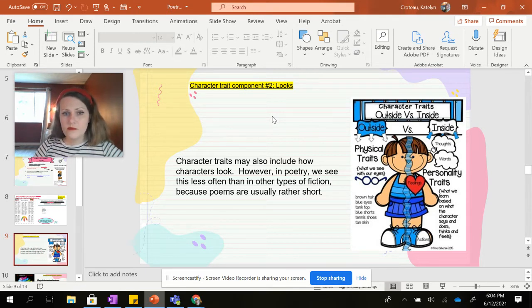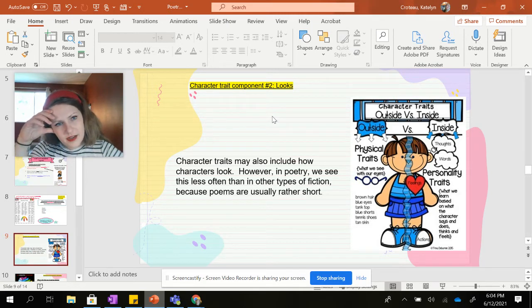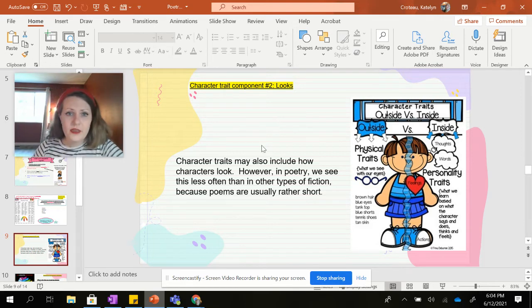So believe it or not, like I said earlier, in poetry you're not going to see this very much because it's very short. So they're not going to get into the looks all that often. But you might see it a little. And so when you're thinking of looks, you're thinking of the outside. What do you see, right? How do they look? You can describe hair, body type, skin color, eye color, height, how they dress,